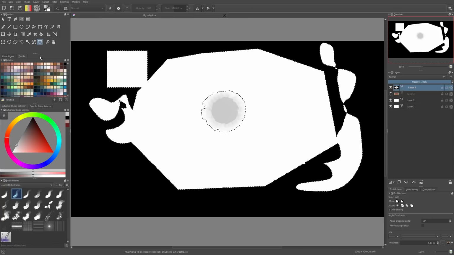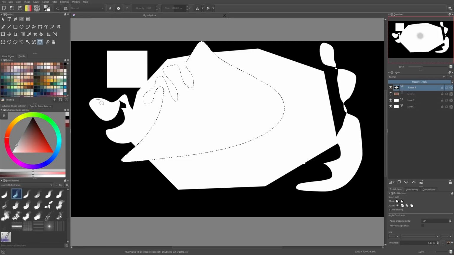Now we have our, what's it called? Actually, remember, Bezier curve selection tool. Pretty much what this does is like the Bezier curve I was talking about before, this curve, but for selection. You can just create the same thing as you did before, but now it's just a selection. It's not a shape, it's not filling anything, it's just a selection, so you can transform it and do other things with it,